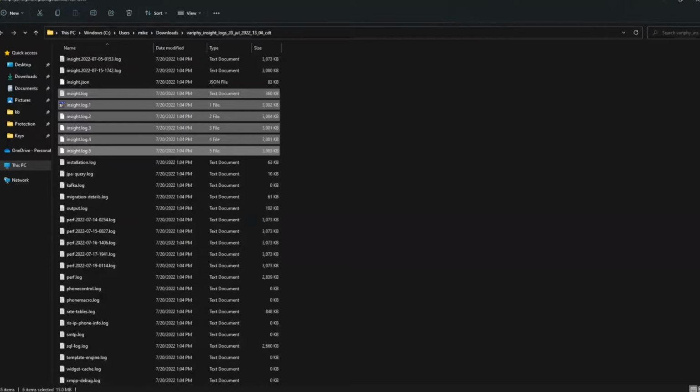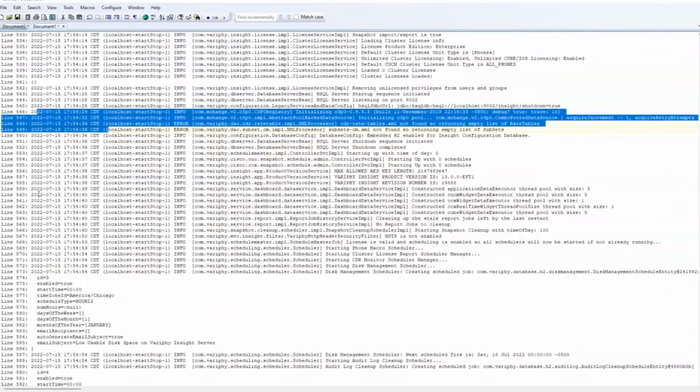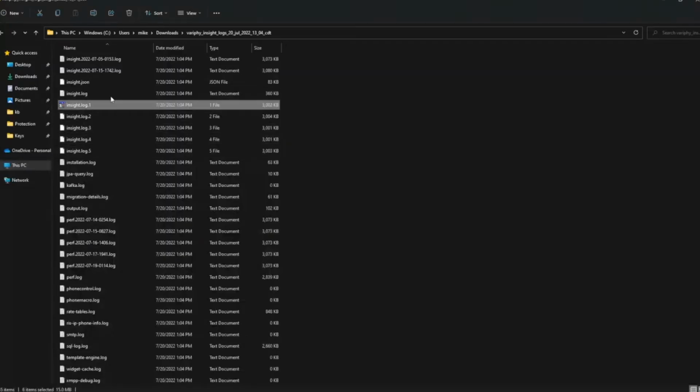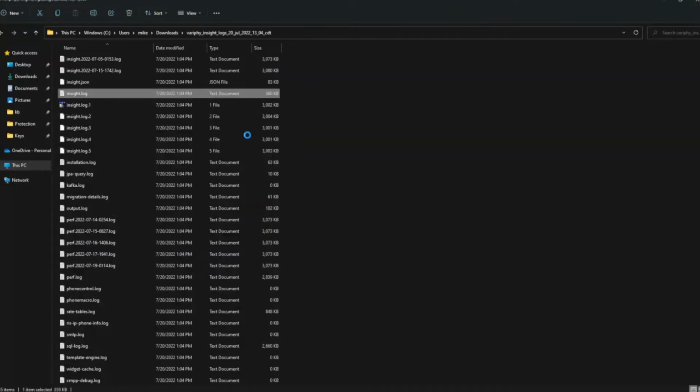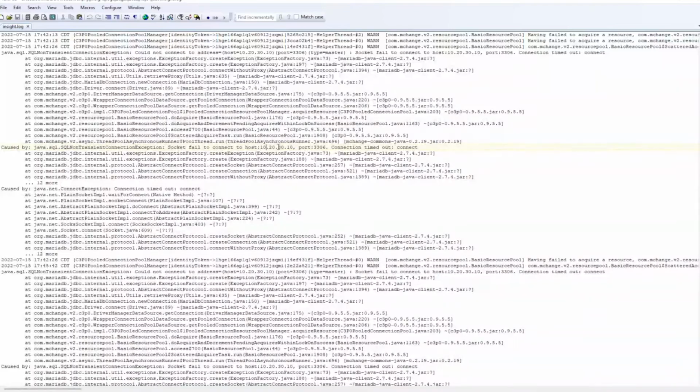Or you can open up multiple files in something like Notepad++ and TextPad. You can open up multiple files as multiple tabs, and then just search that way. So just open with the same thing as copying and pasting. You can still run the same searches and take a look at the data that way.